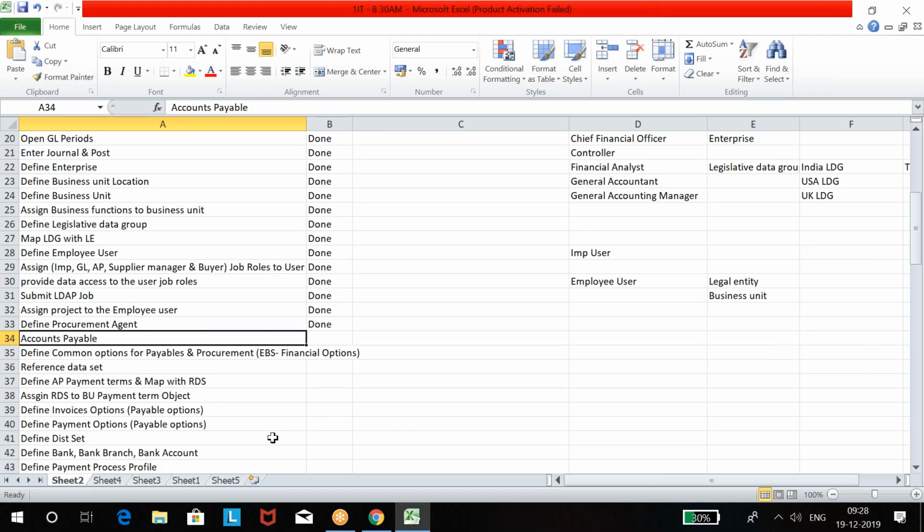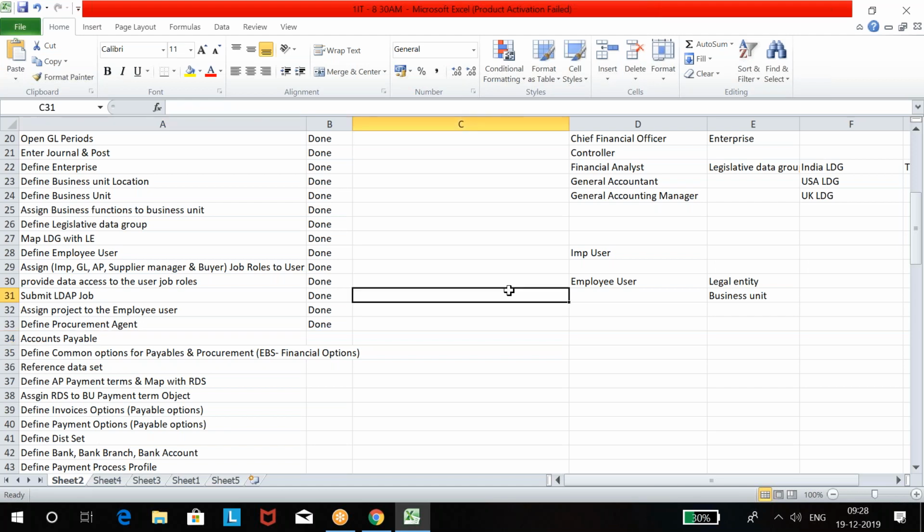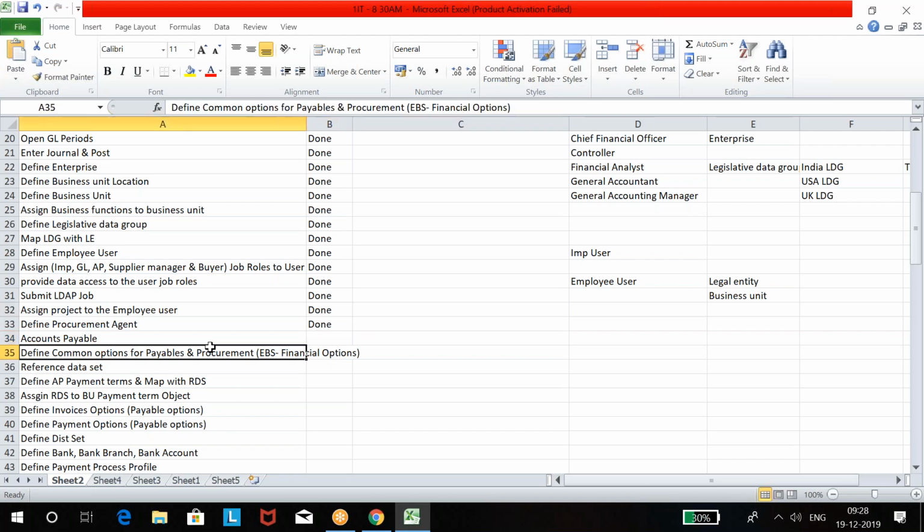Clear? We are doing these other activities. Clear? You're talking about receivables. See, in receivables also you have to create an employee user because there you cannot create a collector. If you are not a collector, you can't create receipts. You can't collect. So employee user is required even for receivables.